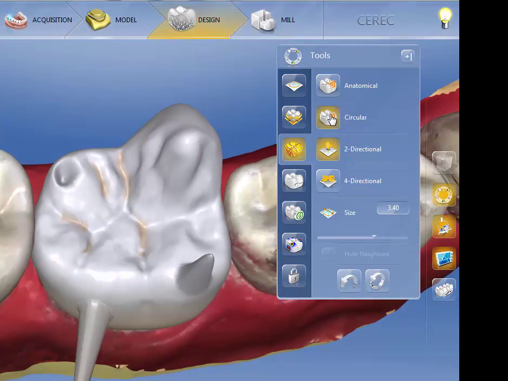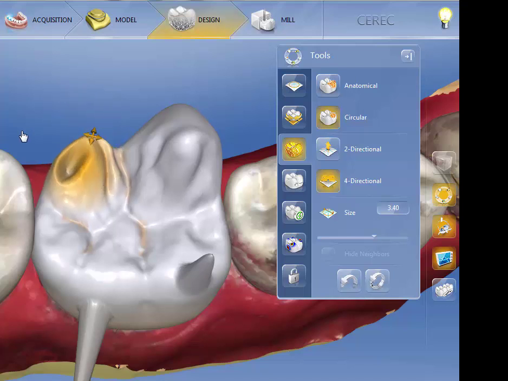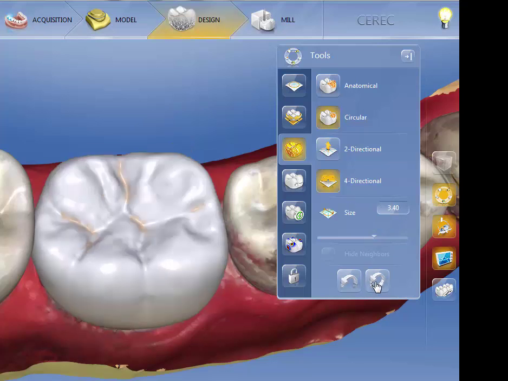So that's anatomical and circular, two-directional and four-directional. Four-directional, again, if I turn on four-directional and choose this, it's hard to control because it goes in about any direction. So I normally will not use four-directional. Now, the next tool, I'm going to reset this. And if I click on this next tool,